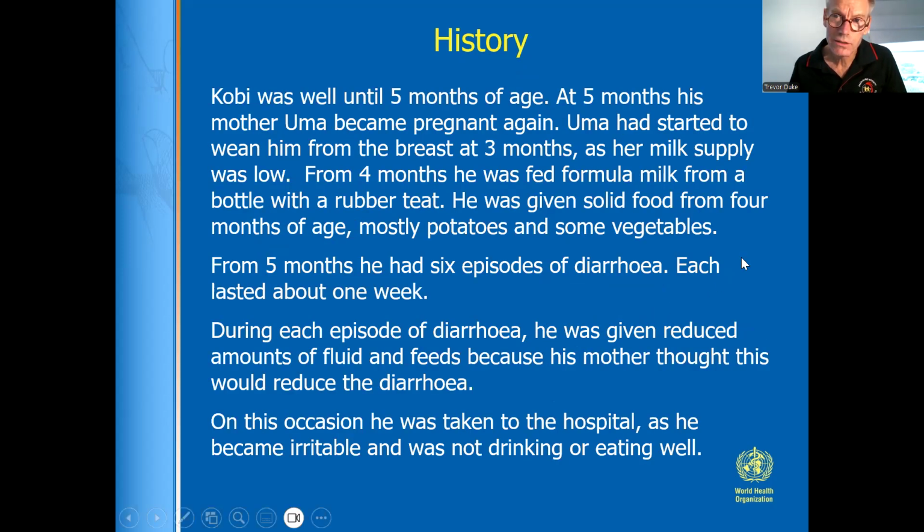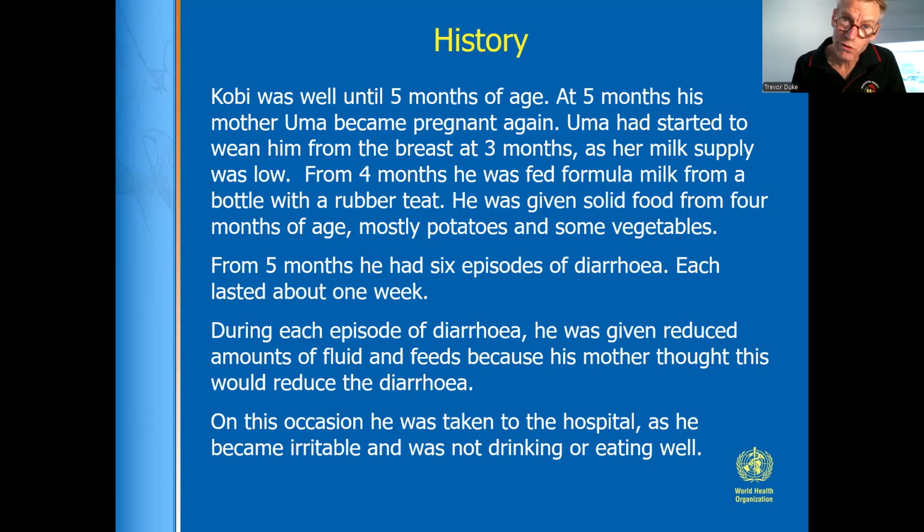So you would then take a more detailed history, and this is the history. Kobe was well until 5 months of age, or at least he was thought by his parents to be well. At 5 months of age, his mother, Uma, became pregnant again. Uma had started to wean Kobe from the breast at 3 months of age because her milk supply was poor. At 4 months, she started formula milk feeding in a bottle with a rubber teat, and Kobe was given some solid foods from 4 months of age. So he was weaned early, and he was given some solid foods, mostly potatoes they grew in the garden and